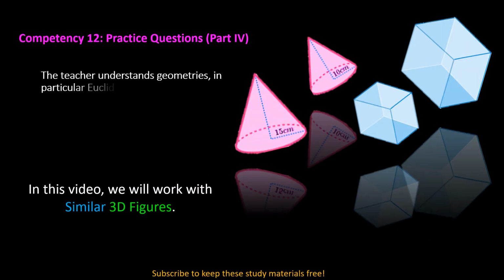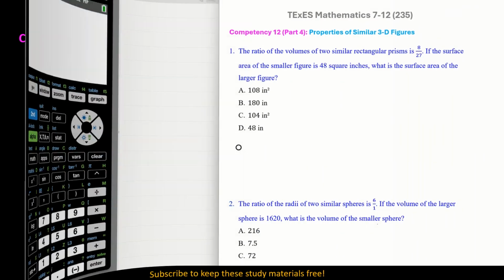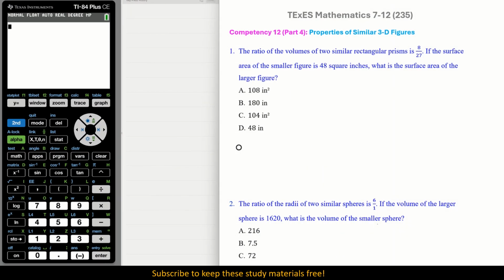Part 4, Competency 12. In this video, we will work with similar 3D figures. Number 1, the ratio of the volumes of two similar rectangular prisms is 8 to 27. If the surface area of the smaller figure is 48 square inches, what is the surface area of the larger